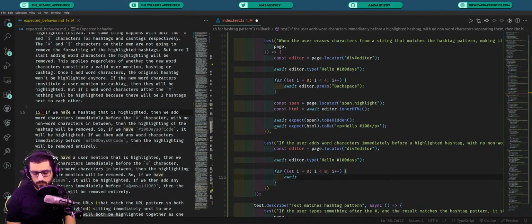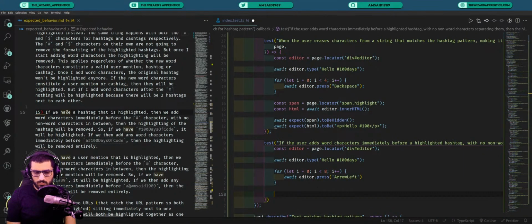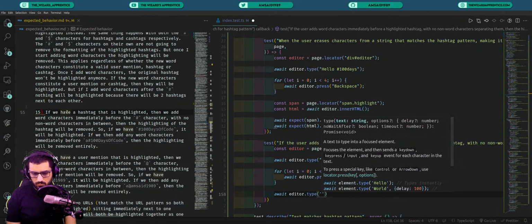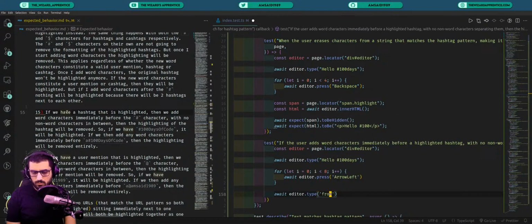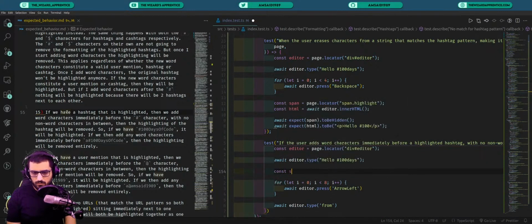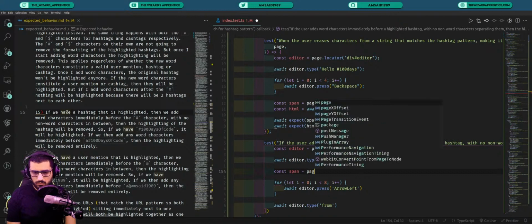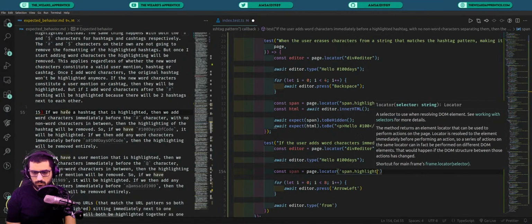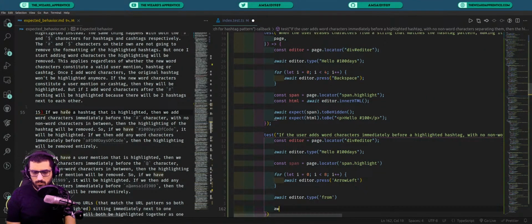Then await editor dot press arrow left, and then await editor dot type hello from. Let's actually get the span as well. Const span equal page dot locator span dot highlight,